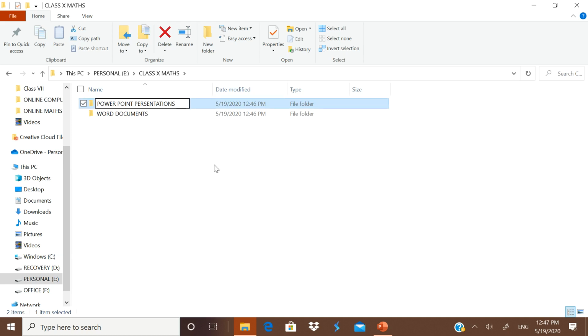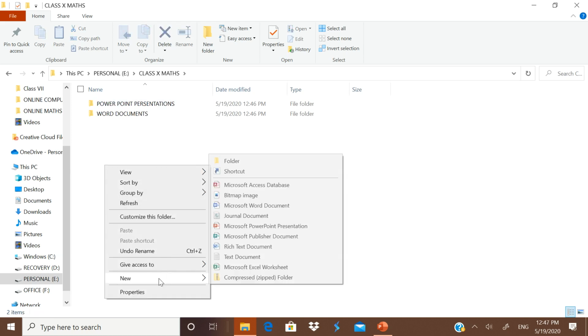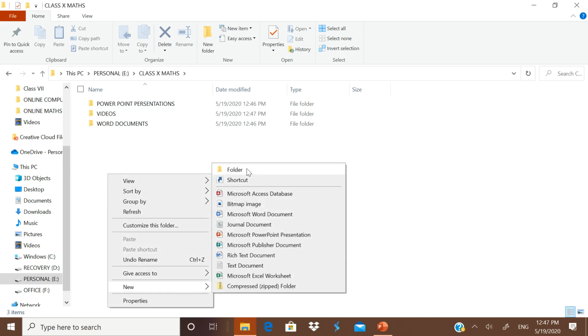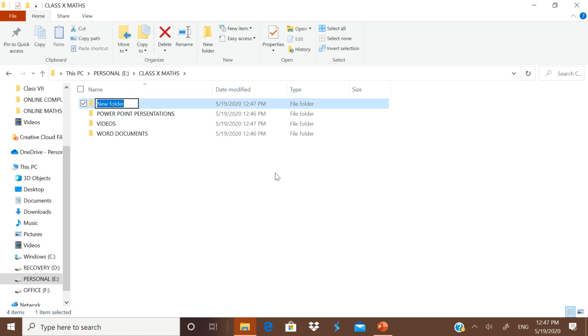Now you can have any number of folders inside. Suppose if you want to put some videos, you can have videos. Now suppose you want to make some assignment for the children, for example quiz and other assessments.